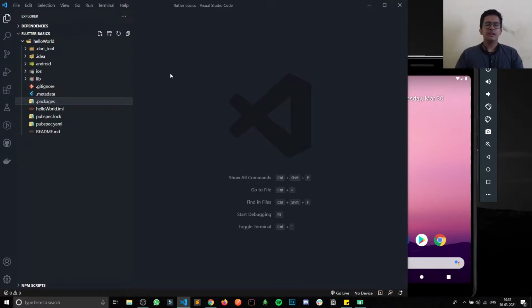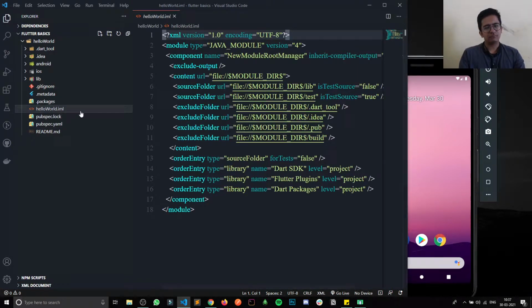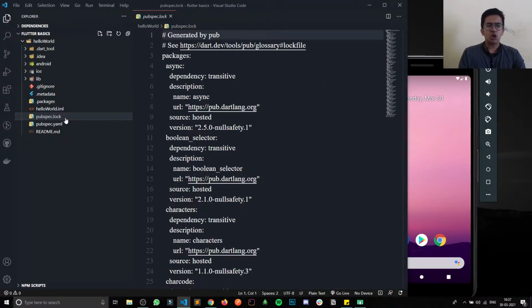It is in most languages: in Python also, in JavaScript, npm install and all, in Node and all, and in Flutter they are known as packages. To call those packages, we use pubspec. See, hello world.iml, I don't know what it is, no need to touch this. Pubspec.lock, no touching file.